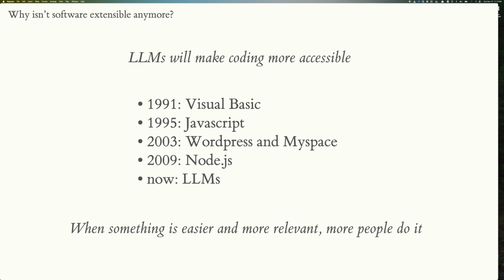And I want to point out, there's a lot of doomer opinions about LLMs are going to make coding obsolete or whatever. I think it's going to be the opposite, because when you look back in history, every time we made something easier and more relevant, more people do it, not less. And this is just some examples of things that have happened over time with programming that made programming more accessible. Like Node.js made programming servers more accessible to front-end developers. It actually grows the pie, right? And I think now LLMs are going to be a huge change there.